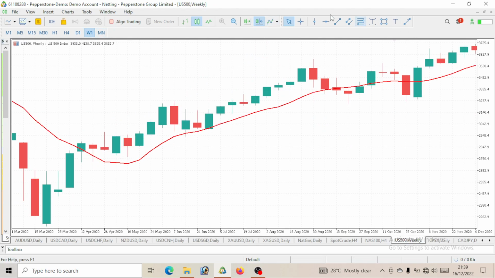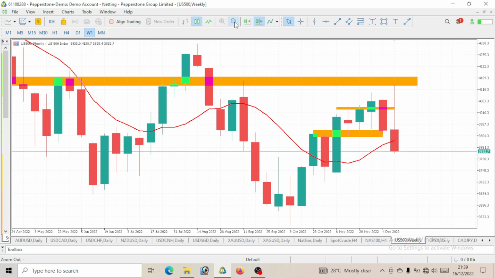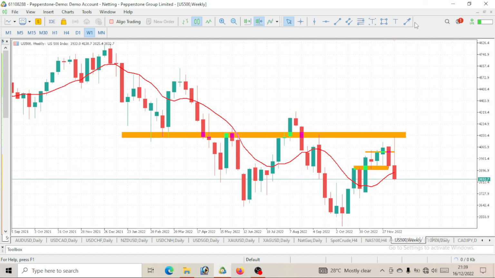Now let's see what this weekly time frame says. You will see this movement: lower lows, lower highs. You can see that this price has been dropping. Then it was here we kind of had a pullback. If you're following consistently, I told you guys how this was an impulse move and here is a correction. An impulse move was made there, and I told you guys that you want to see that impulse move take out a level of 4,100. Price kind of gave us a pullback over the past 2 weeks.